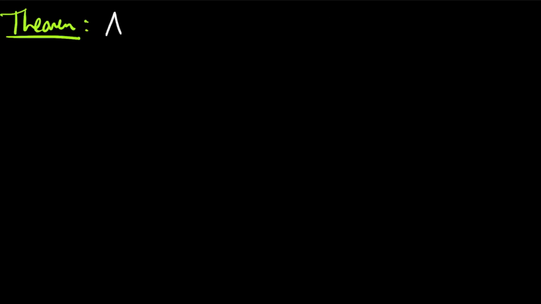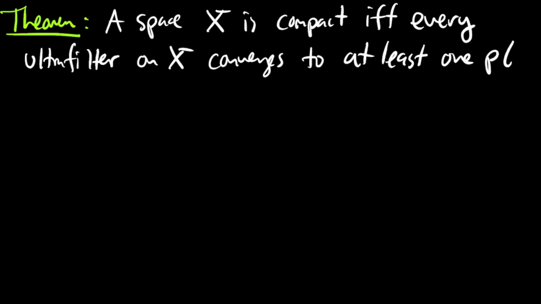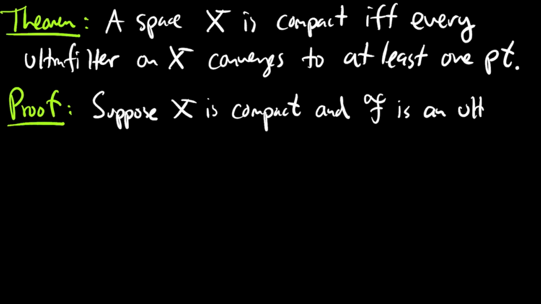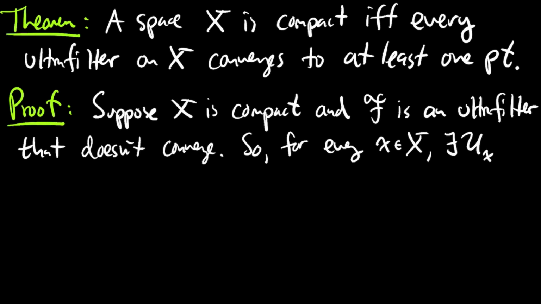Now, another really great theorem that you can prove about ultrafilters that relies on the characterization of ultrafilters as prime is that a topological space X is compact if and only if every ultrafilter on X converges to at least one point. And the way you do this is you assume that you have a prime filter that does not converge to any point. Then you can find an